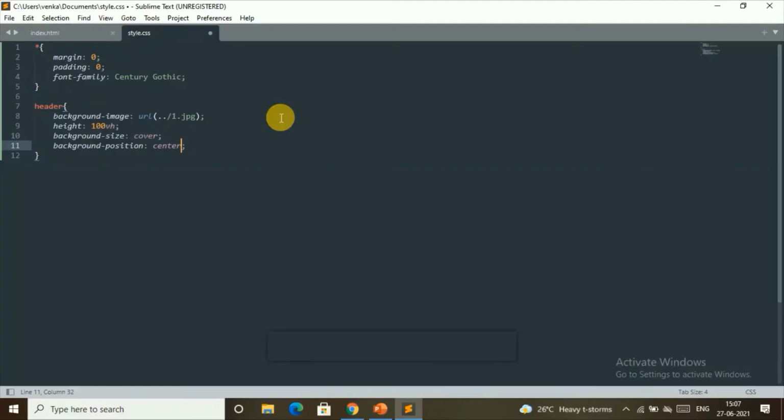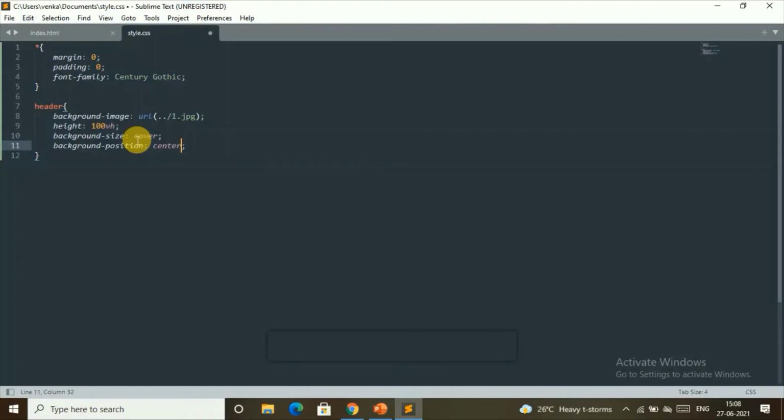Now we'll start coding with the CSS. We'll switch back to style.css, and here we'll set the margin to 0, padding 0, and font family will be Century Gothic. And now we'll set the header position. Our background image will be the background image that we have added to our folder on the desktop.